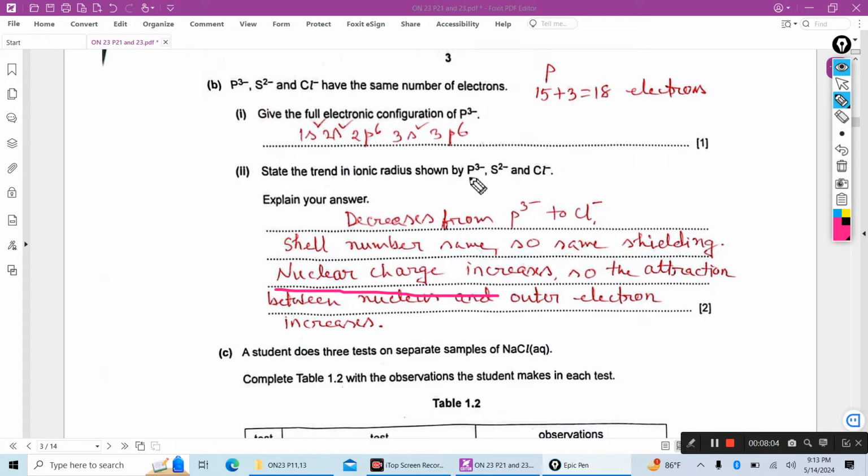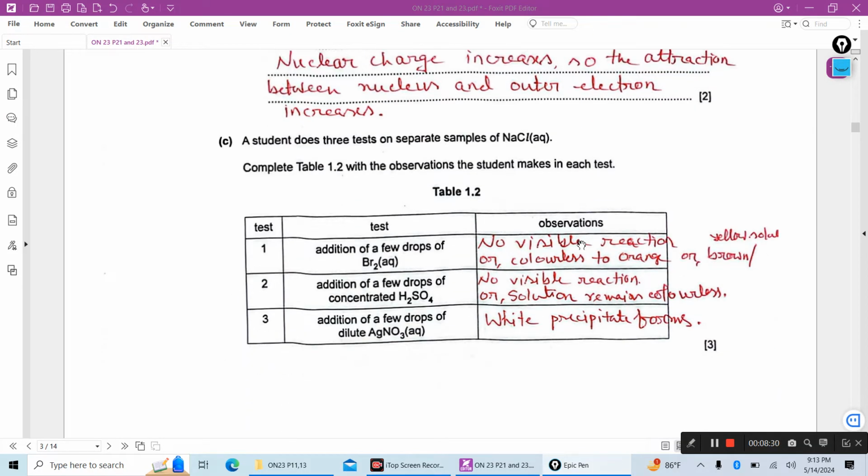Phosphorus has 15 protons in the nucleus, sulfur 16, chlorine 17. So nuclear charge increases, nuclear attraction increases. So the attraction between the nucleus and the outer electrons increases. As attraction increases, the radius decreases. Now